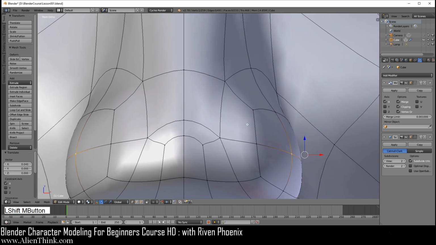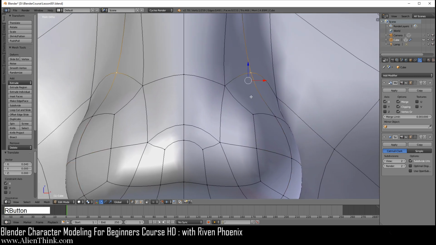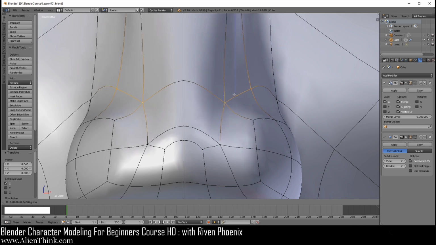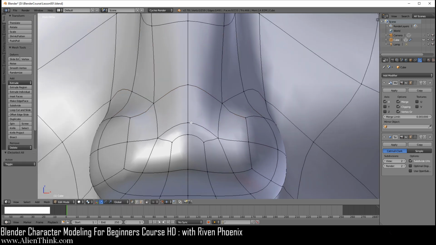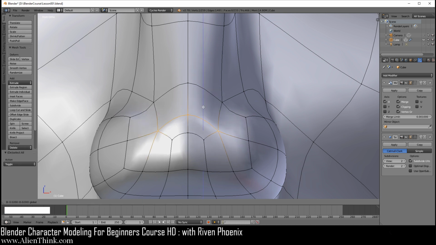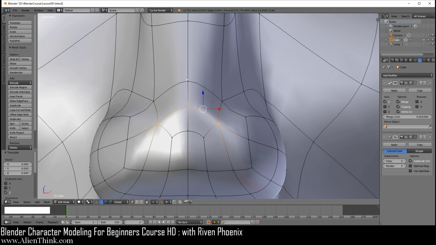Let's do shift, middle mouse button. Now you're going to click on this one, shift key down. This one you're going to do 1, 2, 3, 4. Okay, so I did 4 over there. A to deselect. Let's go ahead and select this vertex and this vertex. Let's take this up 1, 2, 3, 4. And we can just move this up a little bit. 1, 2. You're going to move this over here.